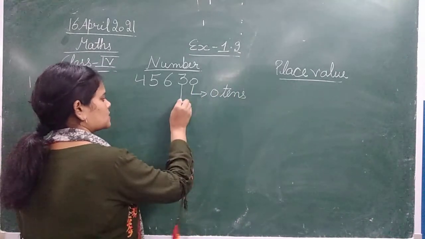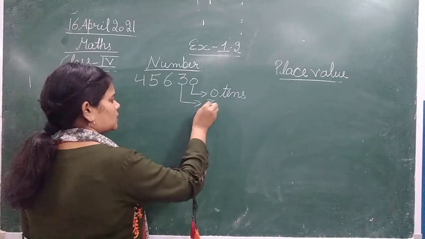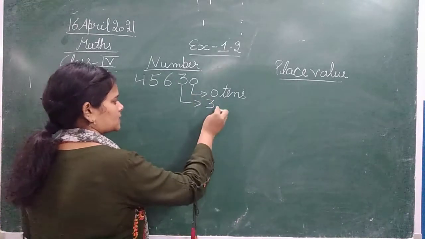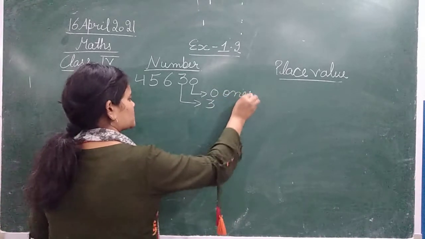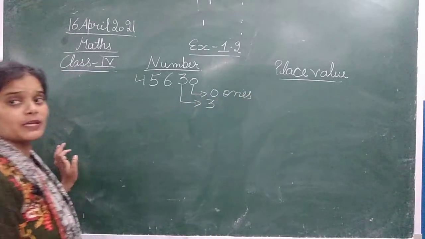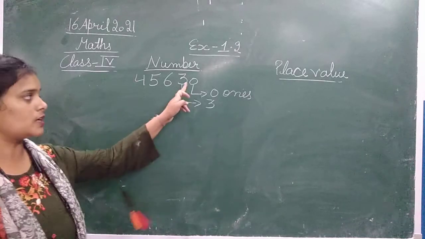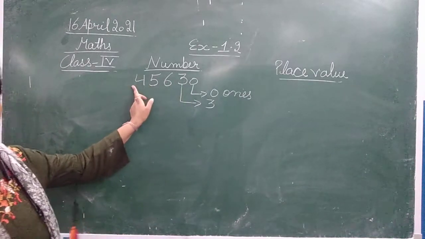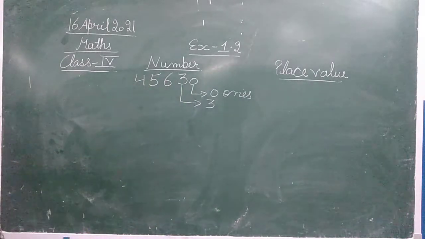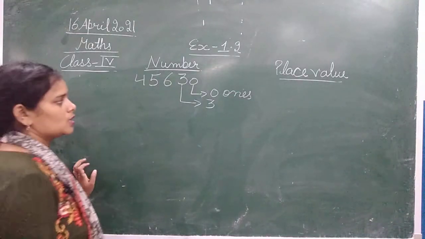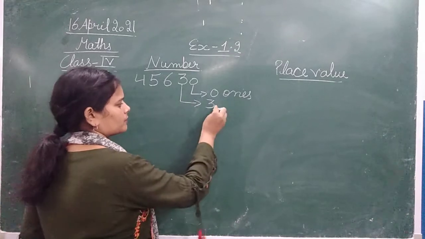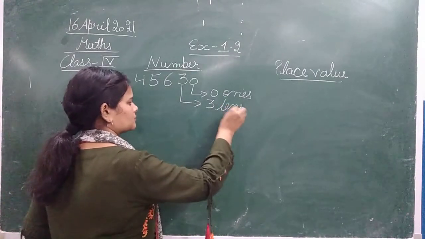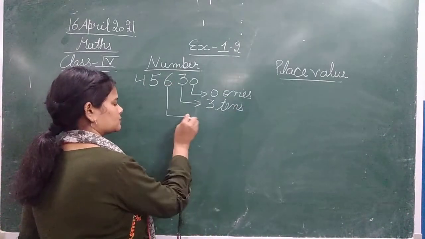Okay, the next is 3. 0 हमारा सबसे पहले जो place value है, that is of 1's. देखिए 1's, 10's, 100, 1000, 10,000. So this is the Indian place value chart that we are following here. Okay, so that is 1's, 0 is ones, 3 is tens, 6